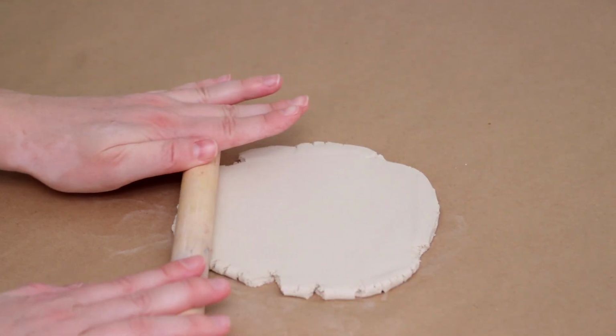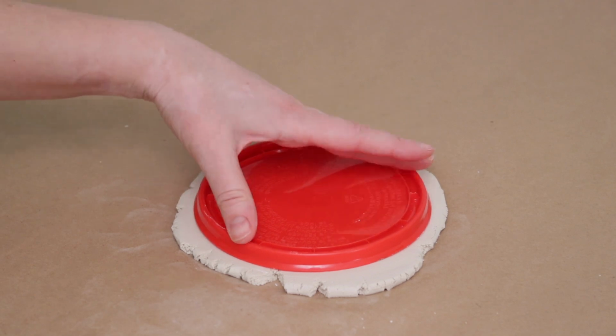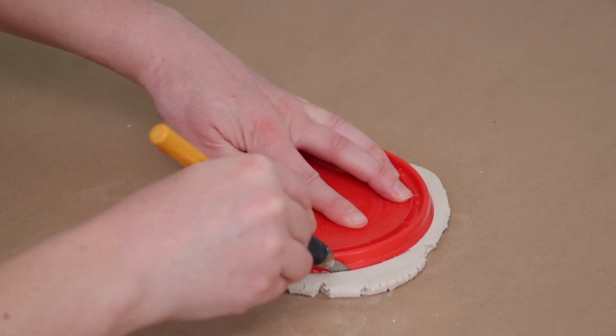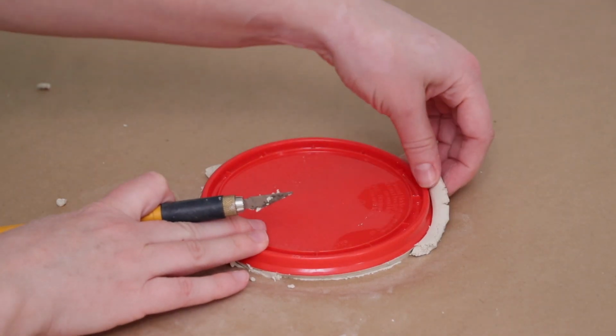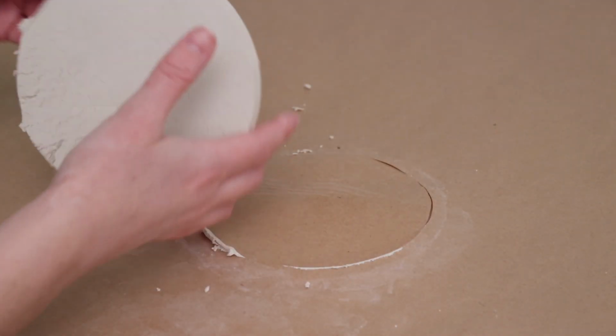Once I was happy with the size, I grabbed a plastic lid and used this as a template to cut out my circle. I pressed it lightly into the clay, then used my X-Acto knife to cut all around the edges, trying to make the lines as clean as possible. I definitely pressed a little too hard and accidentally cut through my paper below, but that's okay, no damage done